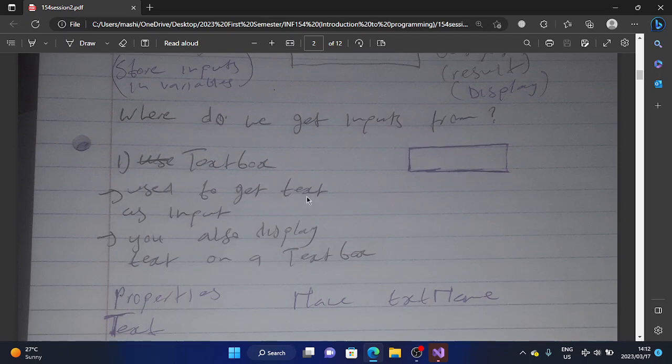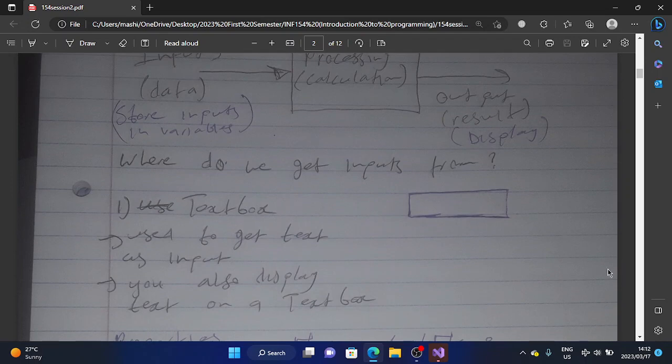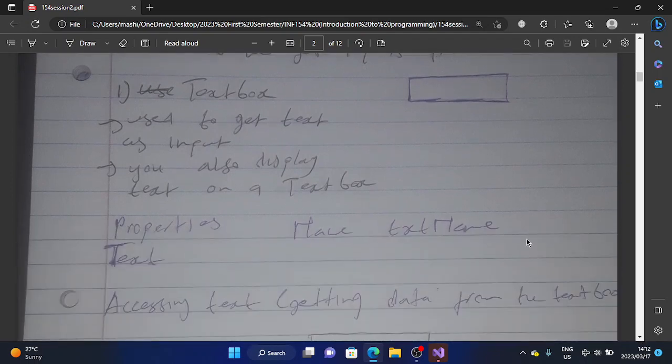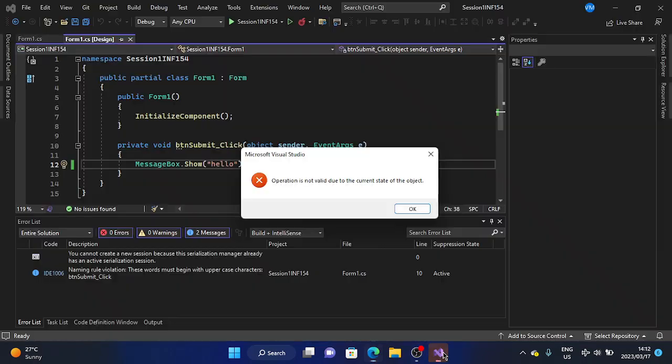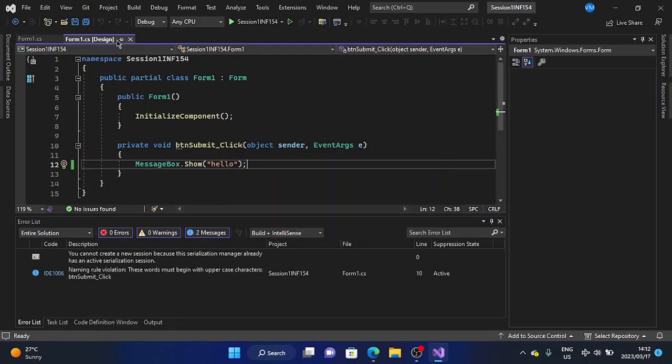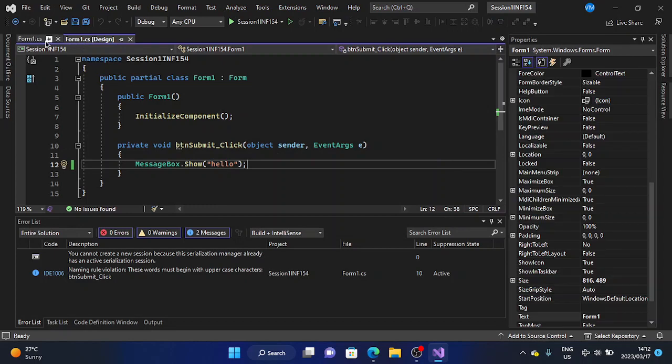Where do we get inputs from? That's the main question. You can get inputs from the text box. So the text box is represented by this, the text box. Let me see